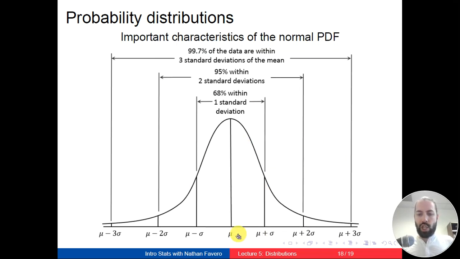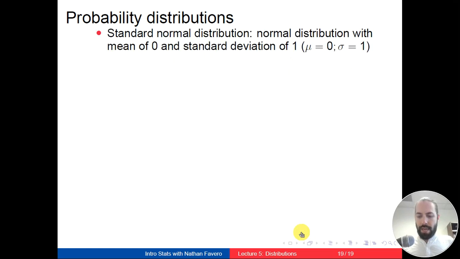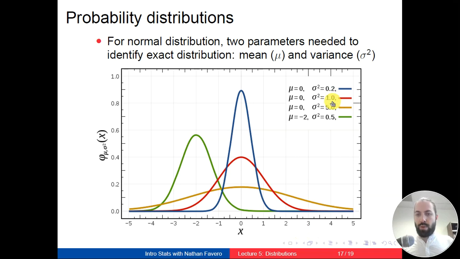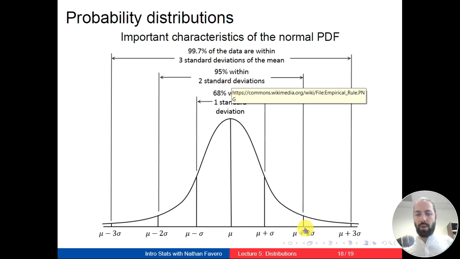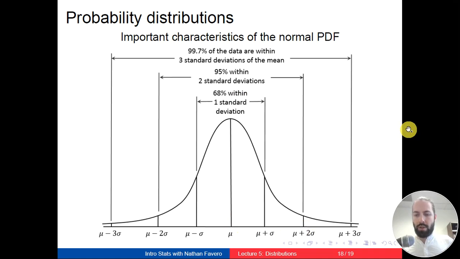In other words, it might change what it means to be two standard deviations above the mean, right? That might be 2 units above the mean. It might be 10 units above the mean, but it's always going to be the case that if we're looking at a normal distribution, there's a 95% chance that we get a value within two standard deviations of the mean when we take a draw from the normal distribution. All right. Like I said, this will be an important building block for confidence intervals, which we're going to talk about in more detail in future lessons.